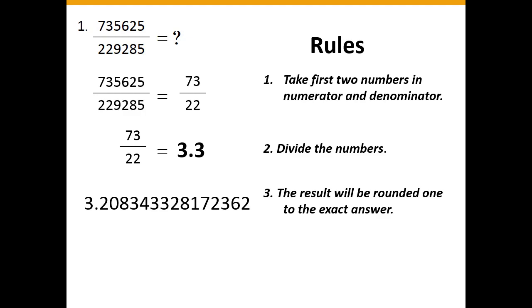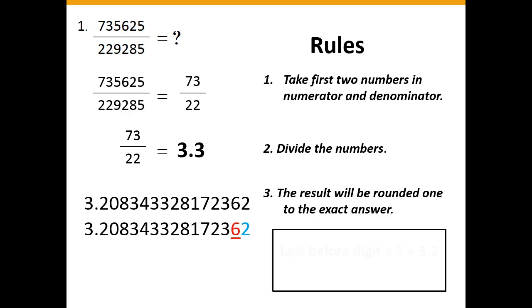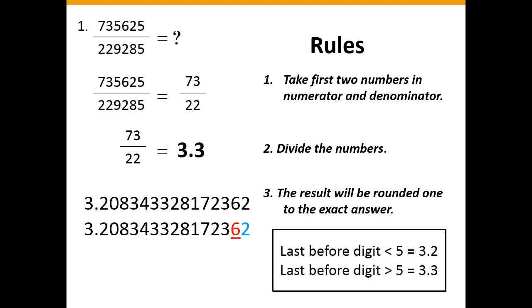Now I will say how we rounded it off. Okay, actually I write the number down and take the last digit, and with that I see the digit before it. See that if the digit before the last digit is lesser than 5, write the digit after decimal point as it is. But if it is greater than 5, add one to the digit after decimal point. So we write and get the answer like 3.3.